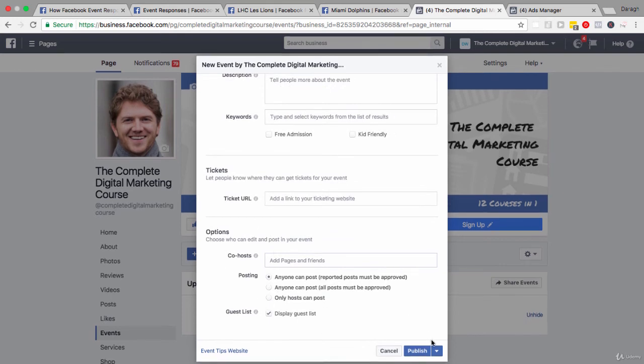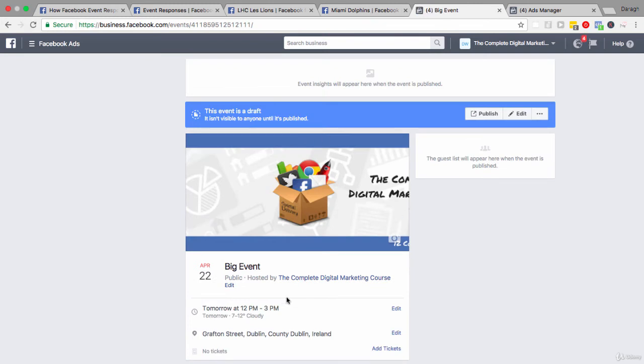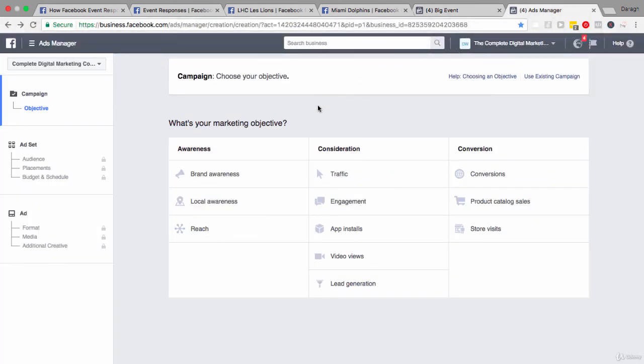Now here's a cool thing that you can do. Instead of publishing it straight away to your page, you might want to work on it for a little bit, maybe show some colleagues. So you can save a draft and maybe show this to some colleagues, work on it. Is it clear? Are those the exact dates we want to work from? Now, once you do publish it, what you want to do then is push it through the organic channels, post it on your Facebook page, encourage people to share to friends. Then you can come in to your Facebook Ads Create tool and really start to promote it then through Facebook